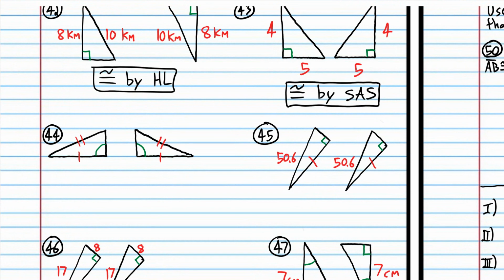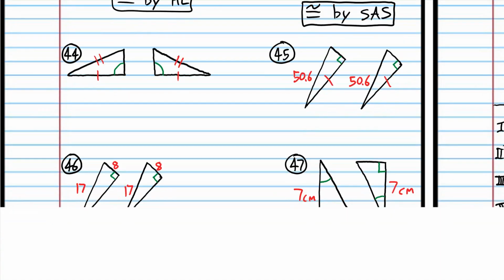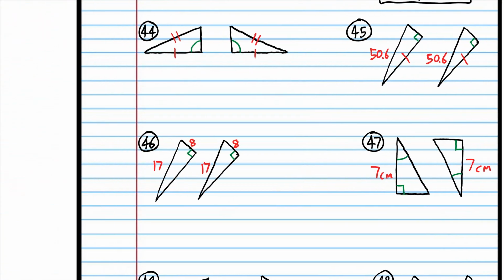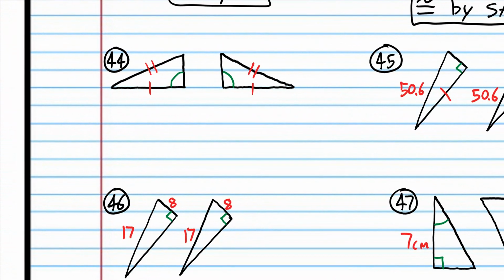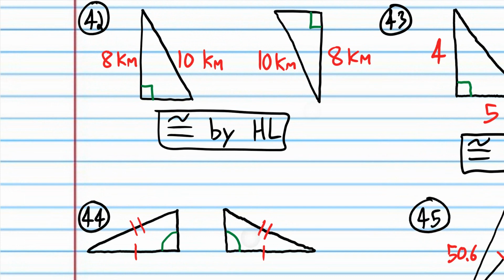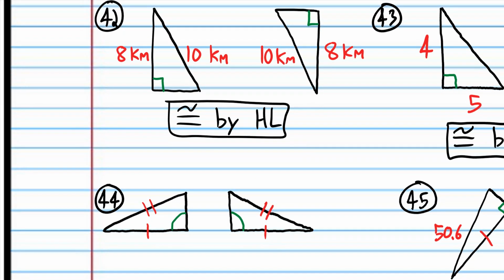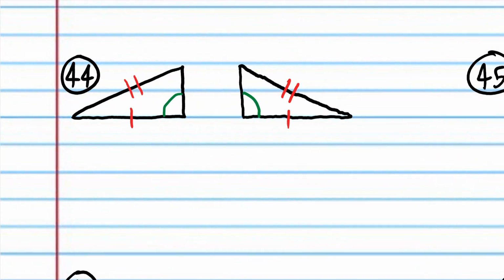All right, let's try two more of these problems. So the first thing we need to ask is, do we have right triangles? And the answer is no, we do not. Well, technically we don't really know for sure, but we just know that we don't have enough information. This might be a right angle, but we just don't know. Because again, it's not a box. Remember, you have to have a box that shows that it's a right angle. This green arc here is not a box. So we can't use the HL